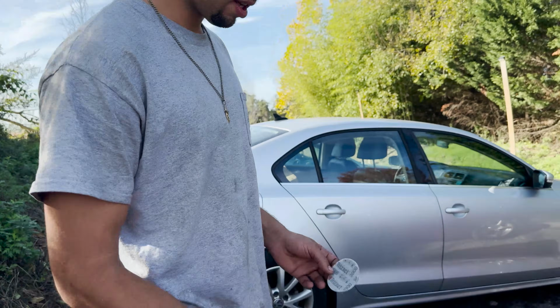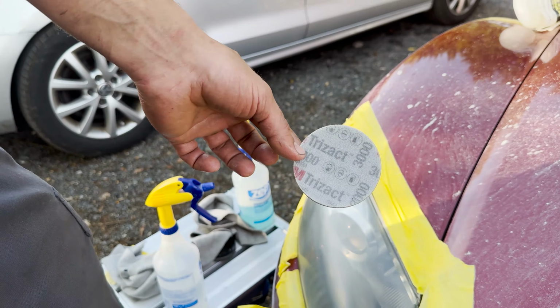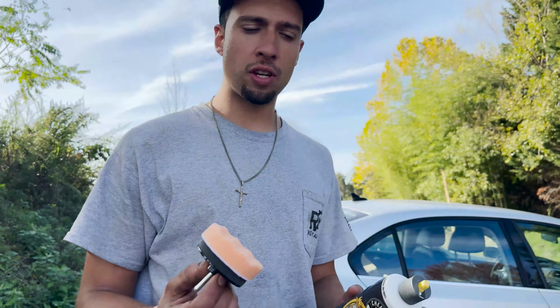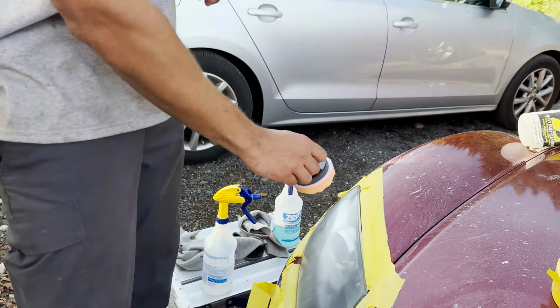Alrighty, so we just used the 800 grit right here to cut down the 500, and then we just used this 3000 to cut down this 800. We're going to be finishing up with this polish right here from Chemical Guys. You're just going to dab it onto here, spread it around, and then